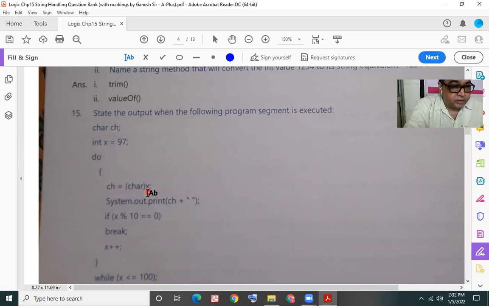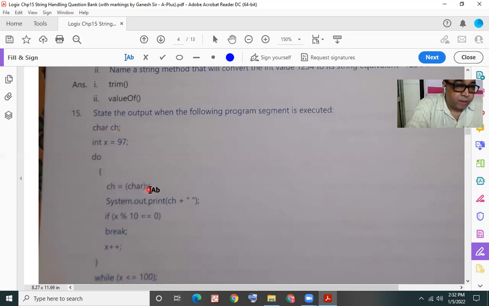ch equal to (char) x. The variable x, which is the integer variable having the value 97, we are converting it to character type. That means we are in a way determining the character for the ASCII code 97. What is the equivalent of ASCII code 97? Let me tell you, it is the alphabet a in lowercase, and that is stored in the variable ch, which is a character type variable.